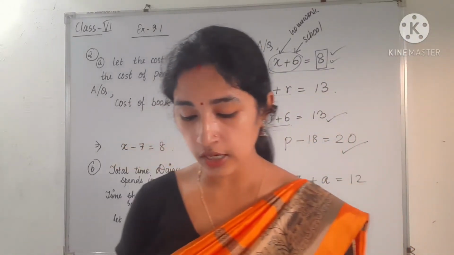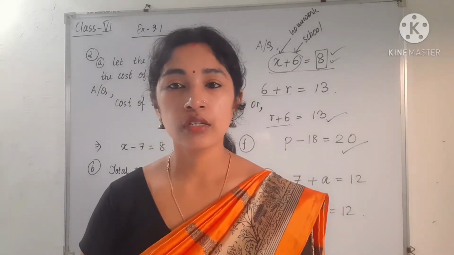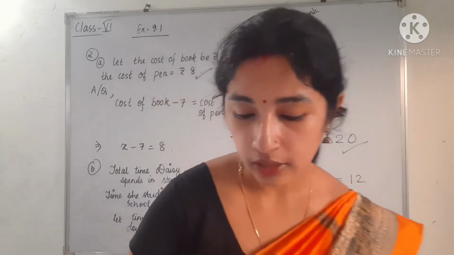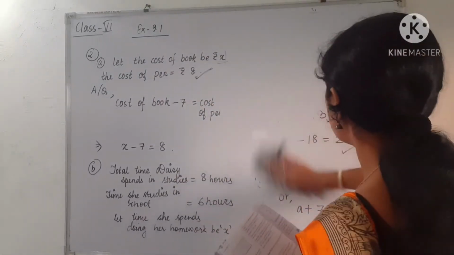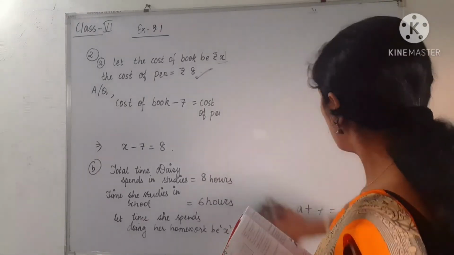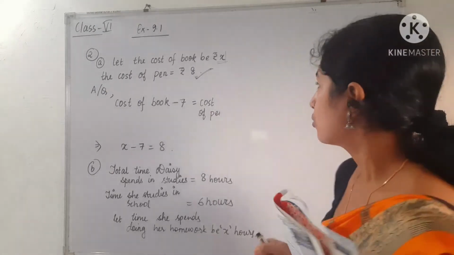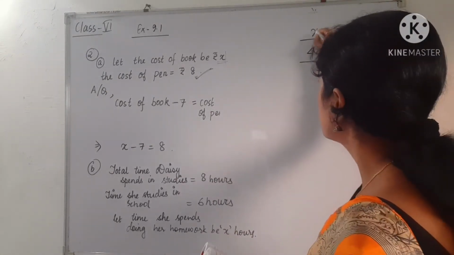So here you can see in number a, you have to choose a number. Here they are choosing that number to be x. So you have to multiply it by 4. That means you have to write 4 into x. In the second blank space, we have to write 4 into x. That will be 4x. So you can do it in the book itself. So this is the second blank space.